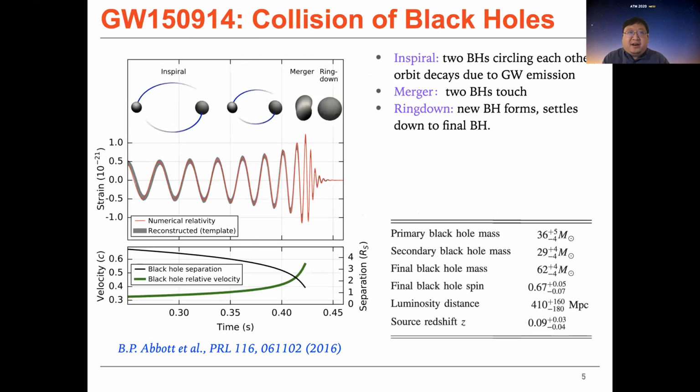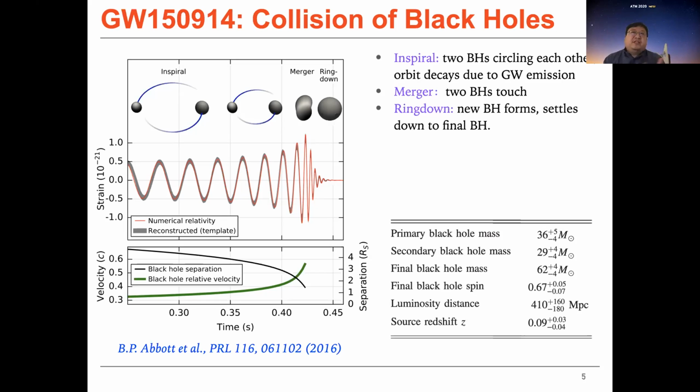Let me first briefly introduce one of the major kinds of waves that we look for in LIGO. These are the mergers of black holes. At the beginning, these two black holes circle around each other, but due to the radiation of gravitational waves, they lose energy, and their orbit gets closer and closer. The amplitude of the wave will increase, and the frequency of the wave will increase up till the moment when the two black holes touch, and then they go through the merger stage, where they merge into a final black hole, and the final black hole will ring and give you a so-called ringdown wave.